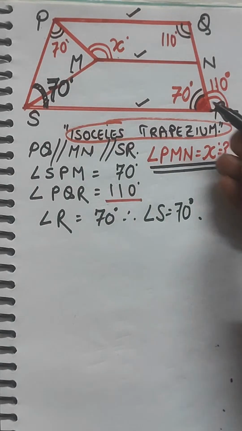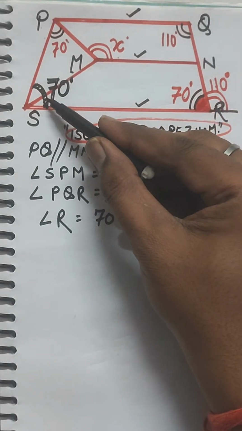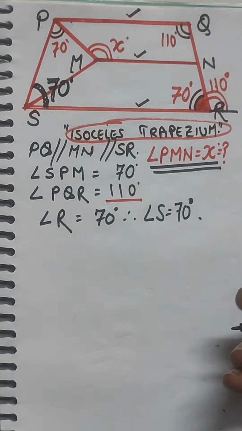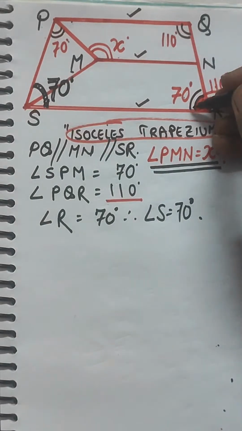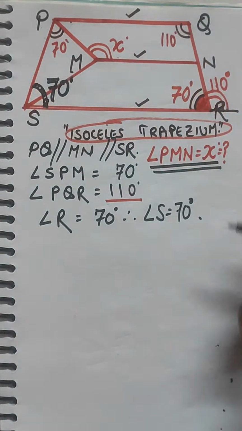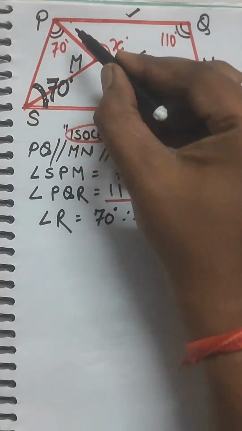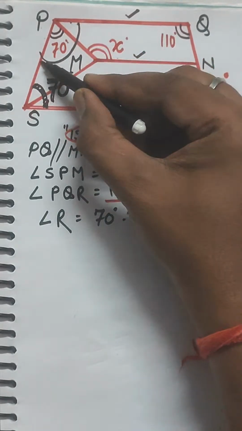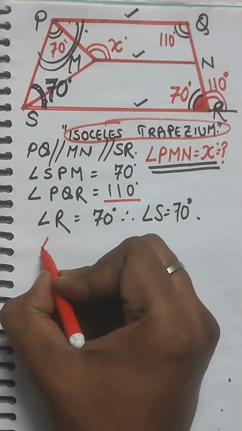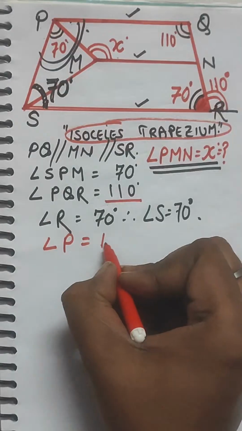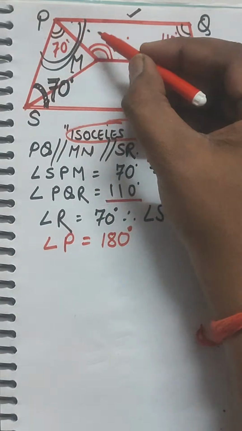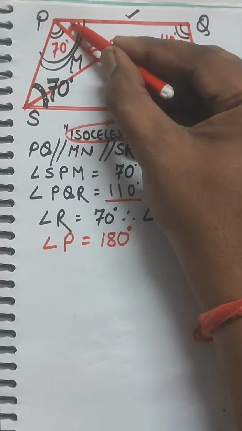Now the sum of co-interior angles is 180, because PQ and RS are parallel sides of the trapezium, right? So in this entire angle P, you can see this angle,